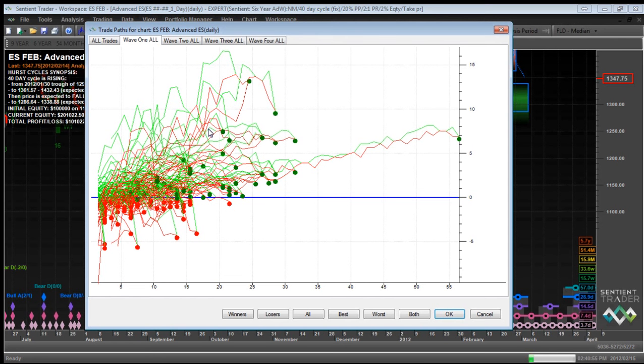Well, in fact, here we can have a look. I'm probably wrong. Closer to 20 days for a wave 1 trade. Now, for those 20 days, you have got into the market, so all the shorter cycles are going to be reflected in your equity, because they're still ticking over. They're moving up and down. The 2-day cycle is moving up and down, the 5-day cycle, the 10-day cycle, and so on and so forth.